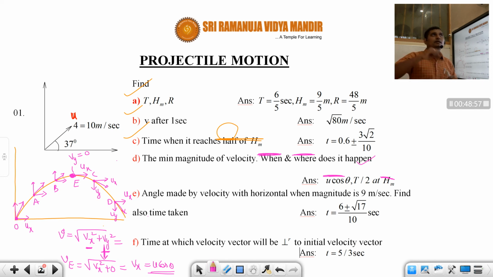Time of flight means we made sy as 0, the displacement in y direction is 0. In the same way, maximum height means velocity Vy equal to 0. We use that relation in v square minus u square equal to 2s. That's how we got maximum height. And in the same way, range is obtained by using the equation s equal to ut plus half at square in x direction. So like that, when you are remembering the formulas, you should also know how we have derived them. It is very, very important.